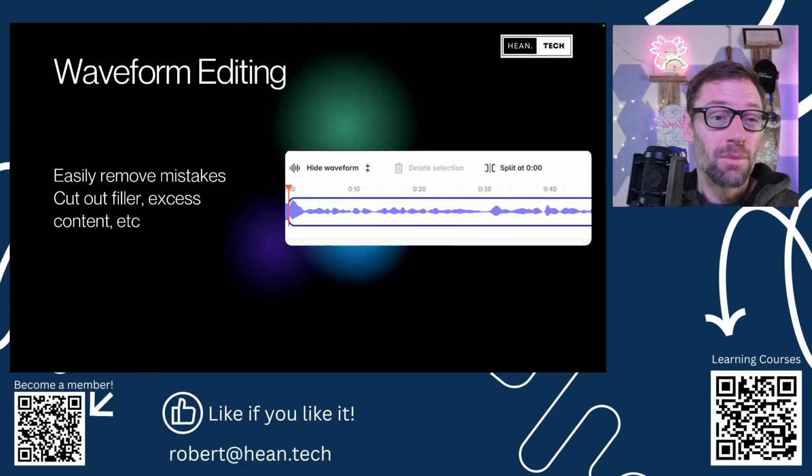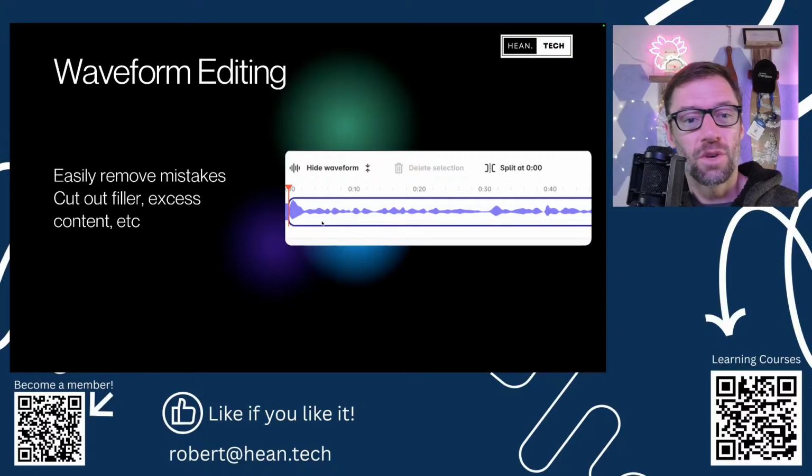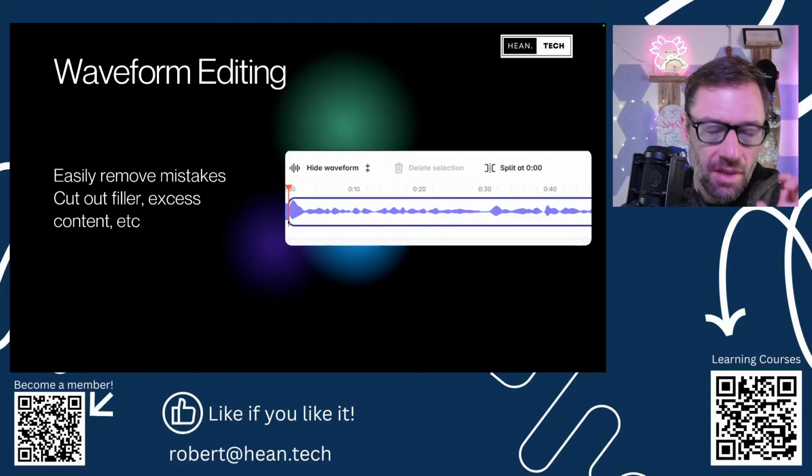Another good tip when I'm recording, if I make a mistake, I'll clap or snap, and that will show up as a spike in here and make it very easy for me to find it in edit. So I know when I see a big spike, that was probably me making a mistake, so I should go look around that. But this tool makes it very easy for us to slice out parts of the video,